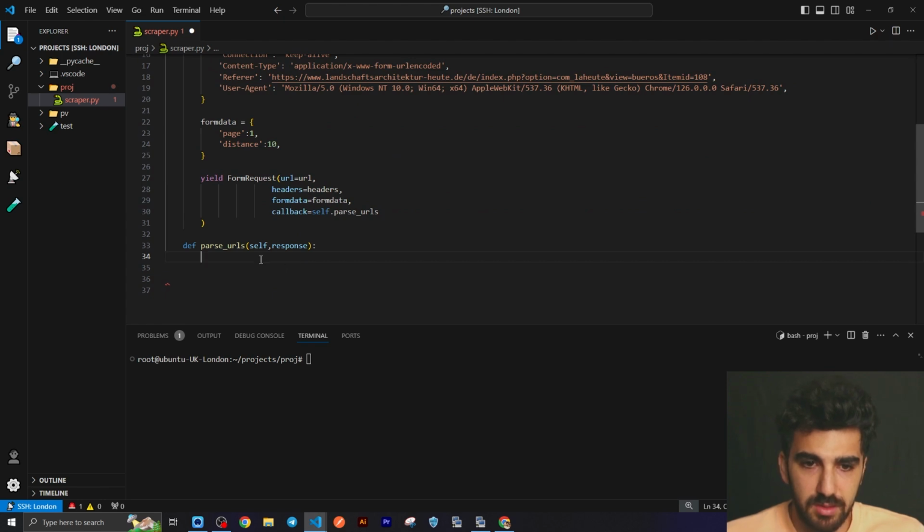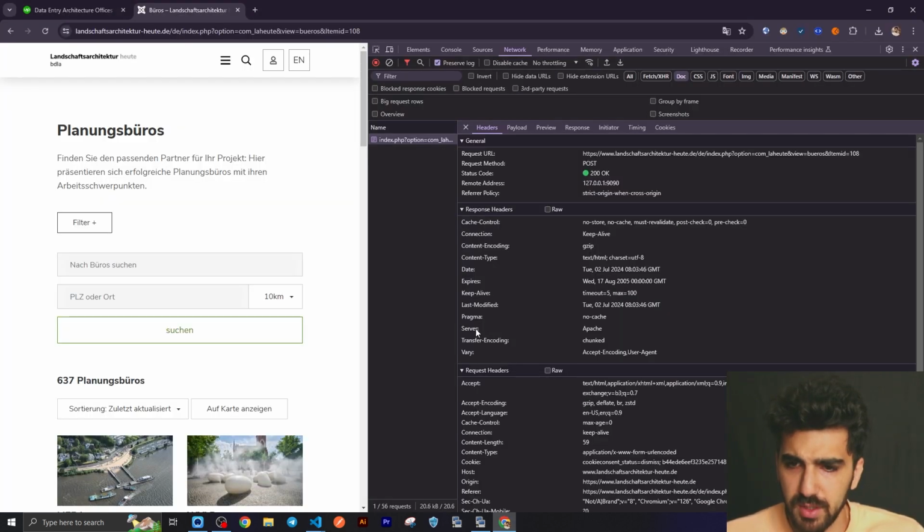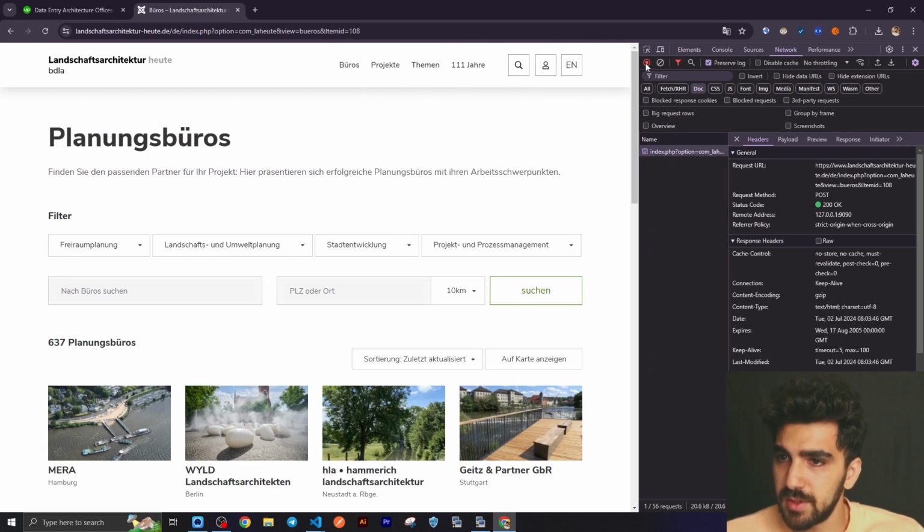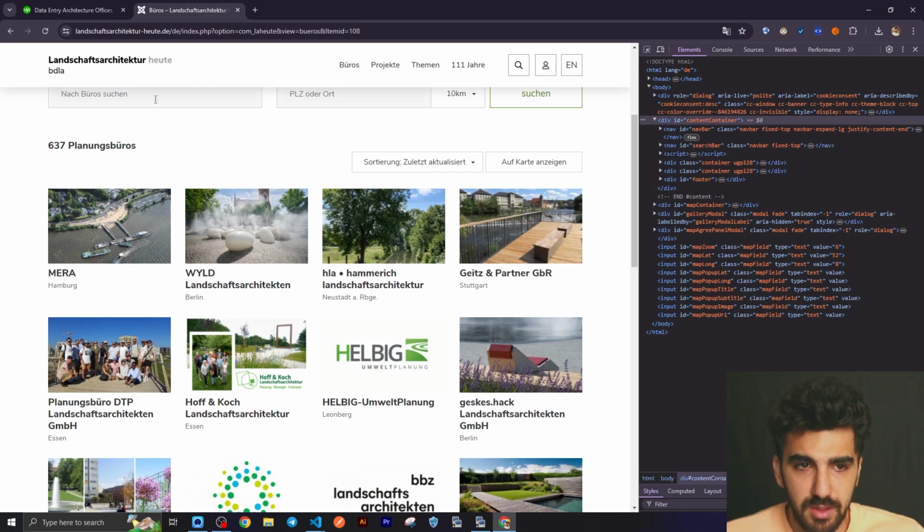Then we need the hrefs. So let's check out the hrefs first. Let's open the element and